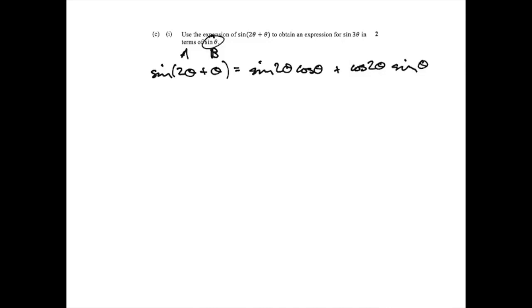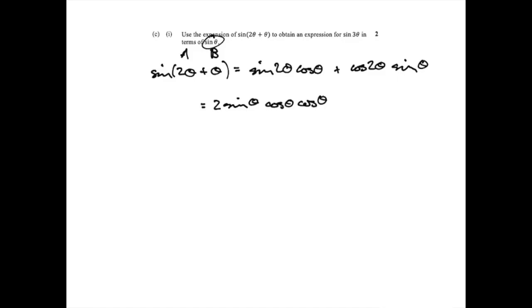Okay, question 6, part C. So we're going to use this compound angle expansion for sine 2 theta plus theta, and we're going to find an expression of sine 3 theta in terms of sine theta. So sine 2 theta plus theta, this is like your A and this is your B, so it is sine 2 theta cosine theta, and we've got the sum this time, so it's going to be plus cos 2 theta sine theta. Now of course we want it in terms of sine theta, so sine 2 theta is 2 sine theta cos theta,